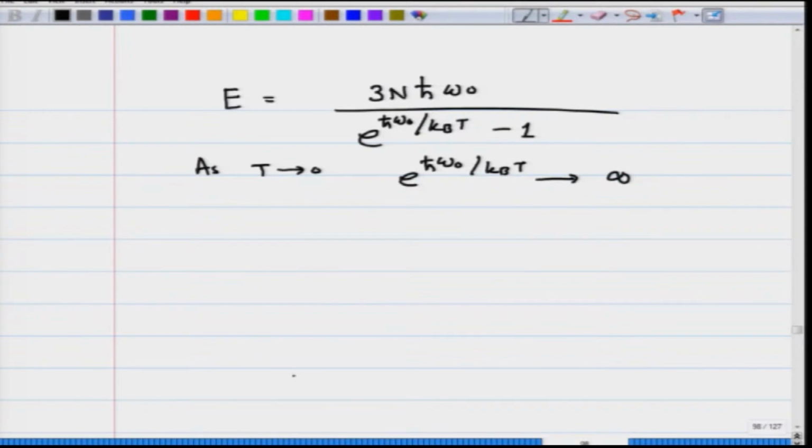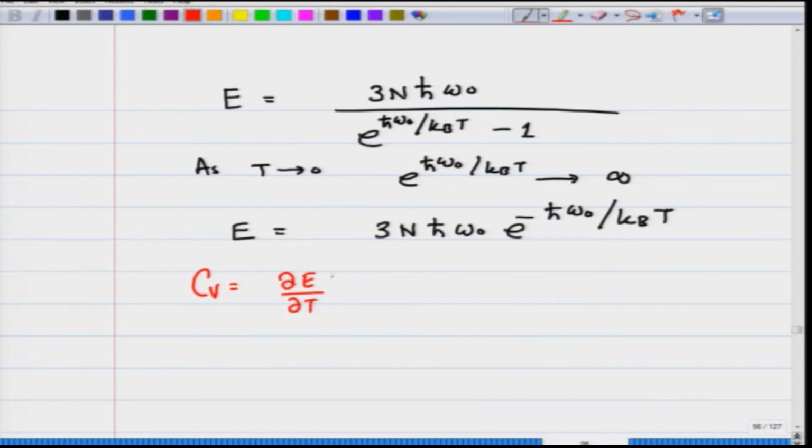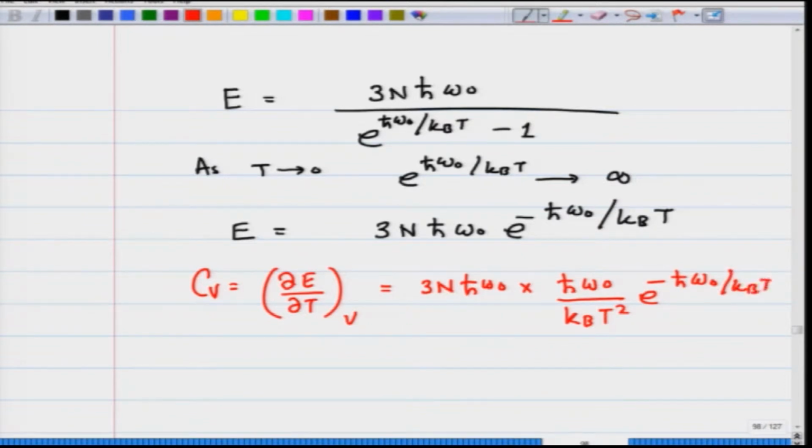It becomes very large, so I can neglect that 1 and write the total energy E as 3nħω₀ e raised to minus ħω₀ over k_B T. Therefore, C_V, which is dE/dT at constant volume, is going to be equal to 3nħω₀ times ħω₀ over k_B T squared